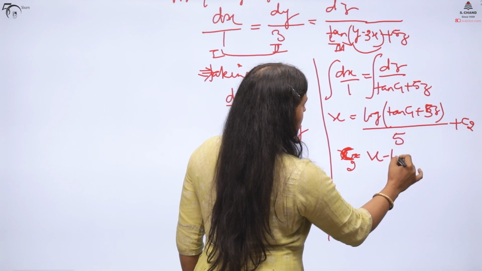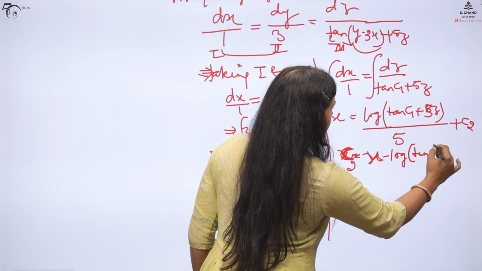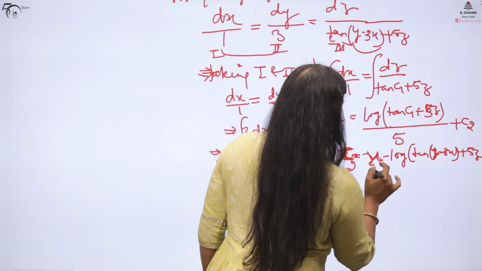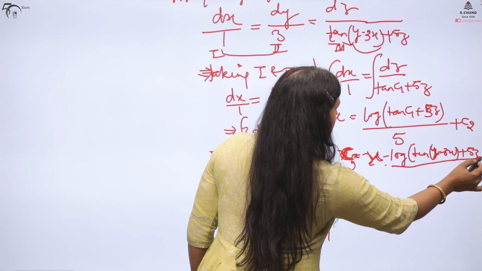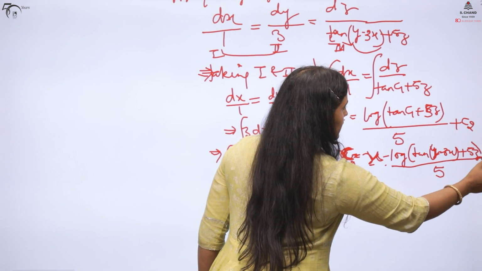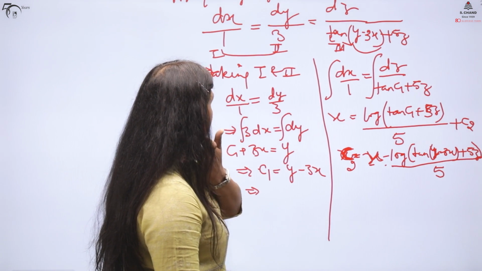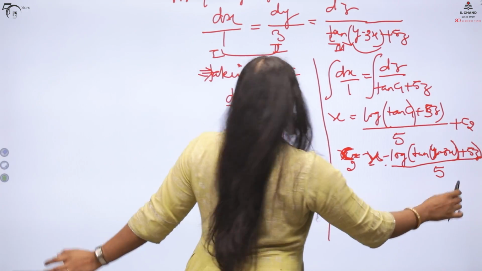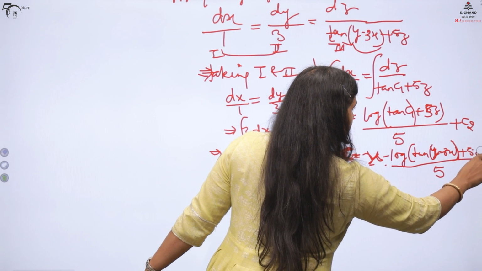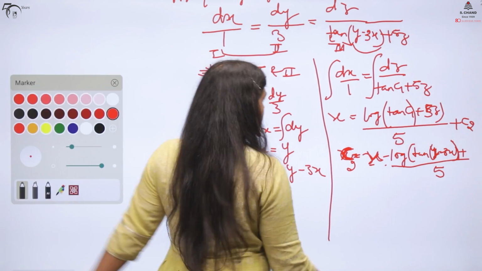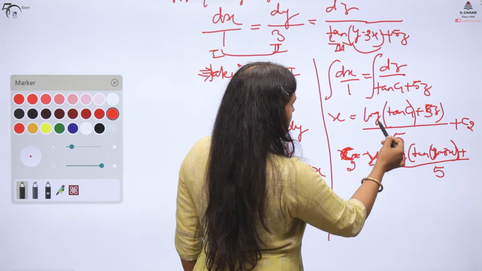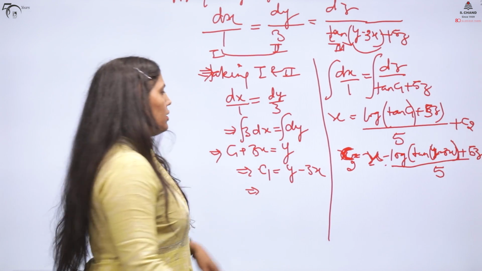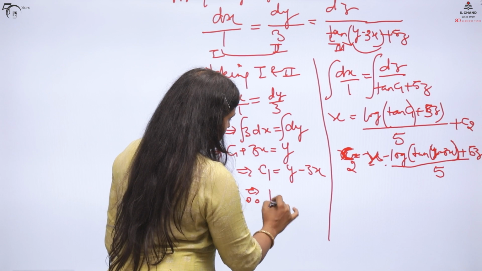So C2 is x minus log of tan. Now I am putting the C1 value also. So, plus 5z upon 5. So this 5 is just this, and this is inside the log. So log of tan C1 plus 5z. I'm writing the terms carefully, because this C2 is x minus log of tan of y minus 3x plus 5z. This 5z is separate. So C1 I got to know, C1, C2 both we have, therefore the solution is